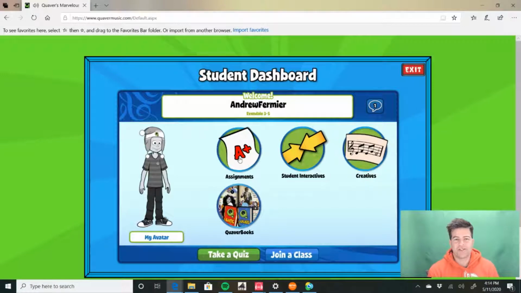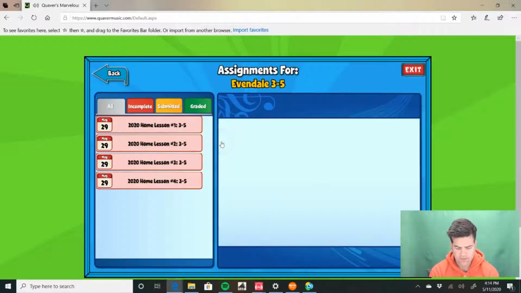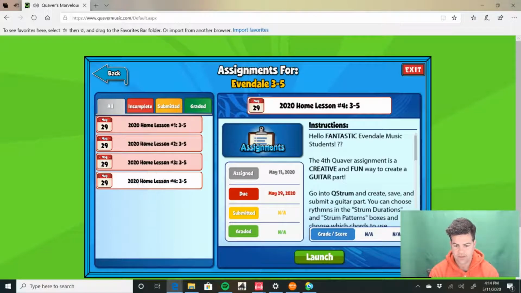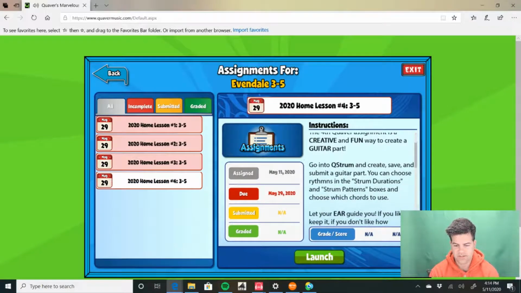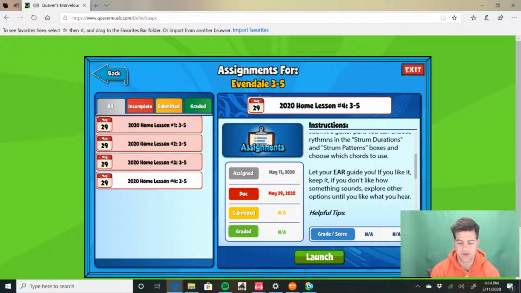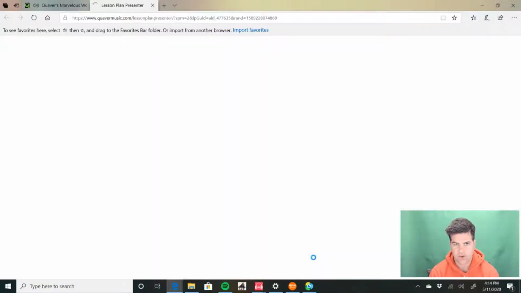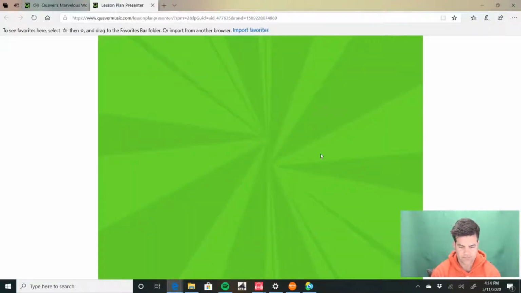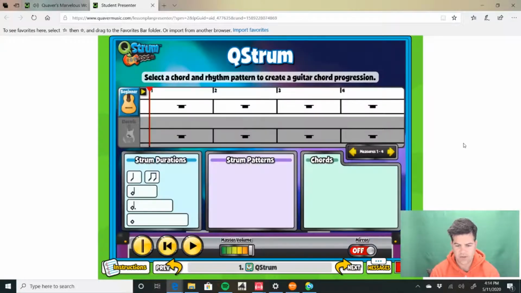All right, guys, I should be in the bottom corner of your screen right now. So when you go under the student button at the bottom, click on your assignments, and go to home lesson number 4. And here is a nicely worded instructions part for you, but I am going to go through it here for you. So I'm not going to read through all of that right now. So just click on launch, and it's going to open up something called